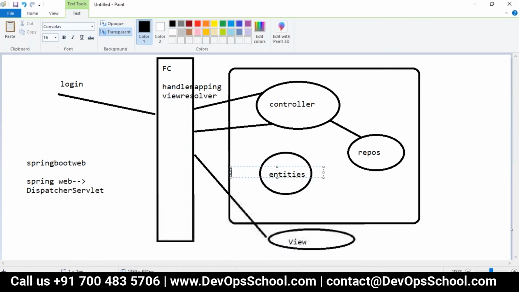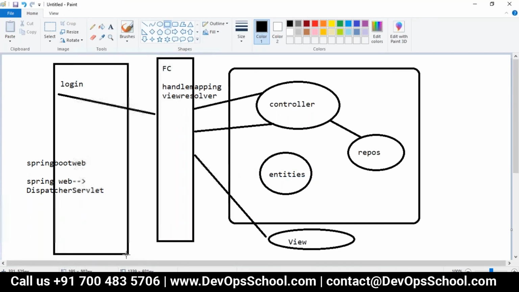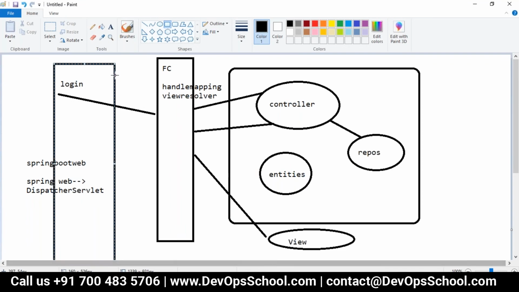In the same way, you will have multiple services. Then you want to make only one entry point for your application, so you will put one API gateway here for all the services. This API gateway will take each and every request, and it will look at which service should take care of it.